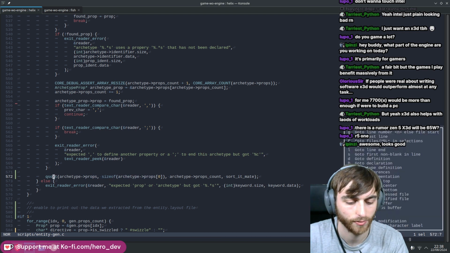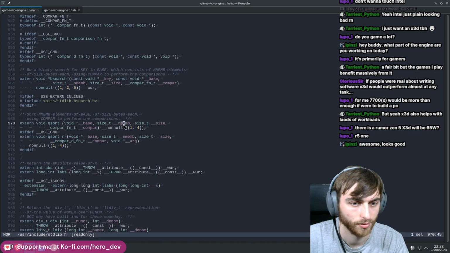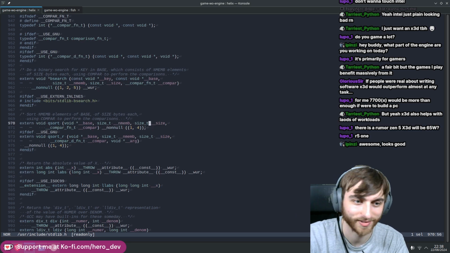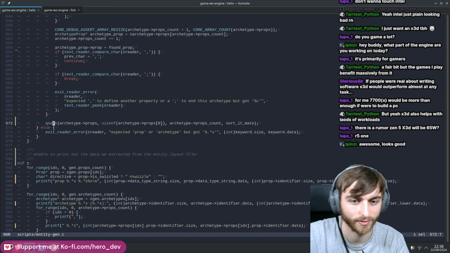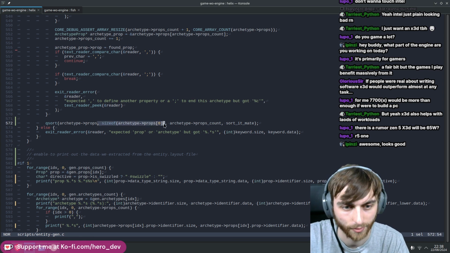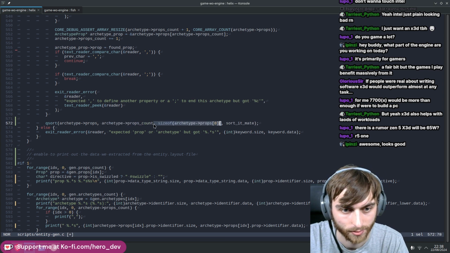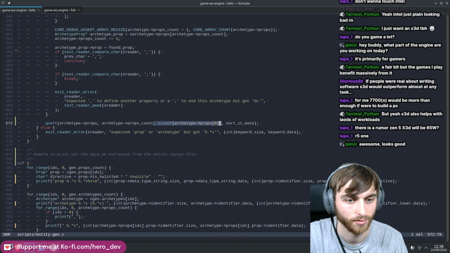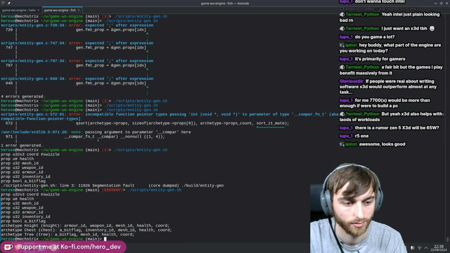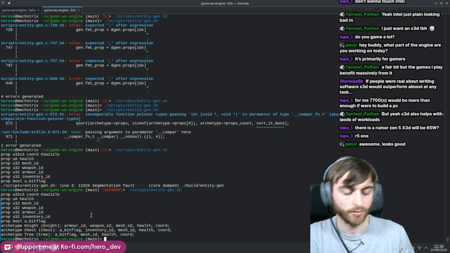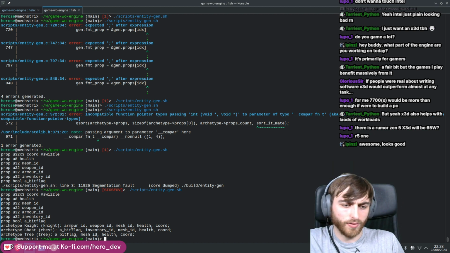Wait, did I get my parameters the wrong way around? Number of members, size of member, damn it. Right, obviously. These are the wrong way around. Here we go, let's give it a run. Cool, so it prints it out okay now. But I think I did my thing the wrong way around, but you can tell the sorting is working